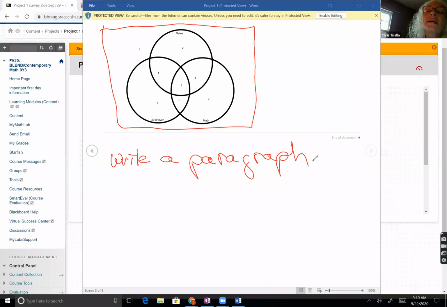I want to say that this project shows you one of the ways in which sets can be useful. Hopefully because you get to pick what you ask people about, it's interesting to you and the results are interesting to you. Usually people do really well on these projects. The people who do poorly are the people who do not turn them in, or on this project, the people who miss a part. So for example,